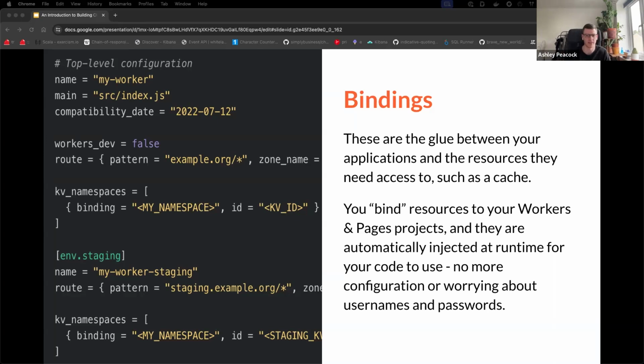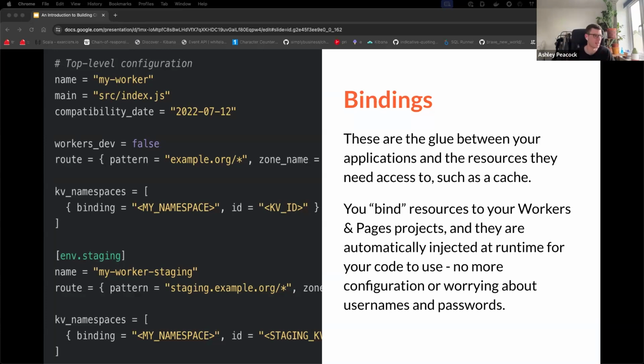Let's say you want to connect to a database. You need to know the username, the password, the port, the host, all this information. You need to go and find probably some sort of library that is ready to connect, to make your life easier, rather than writing your SQL queries to the database on your own. You're probably going to use a library, and you have to go find a library and then configure it. And you also need somewhere to store these secrets. You don't want to store them in plain text because that's not secure. So it just becomes a whole job, you spend the whole day connecting your application to a database, for example. This is where binding comes in.